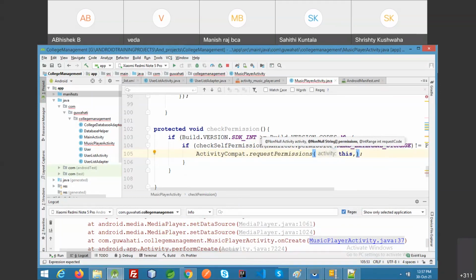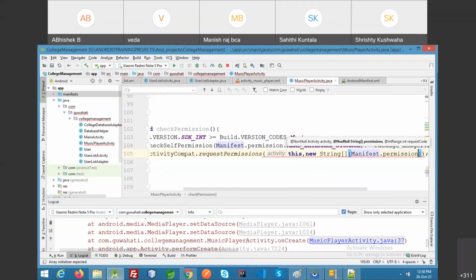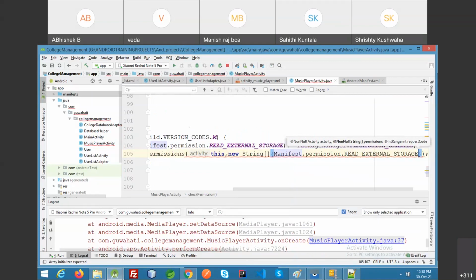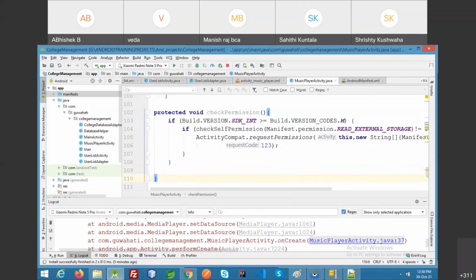What permission do you need? new String, the permission we have, Manifest.permission.READ_EXTERNAL_STORAGE, and the code of the permission like 123. Fine. In this way we request the permission.